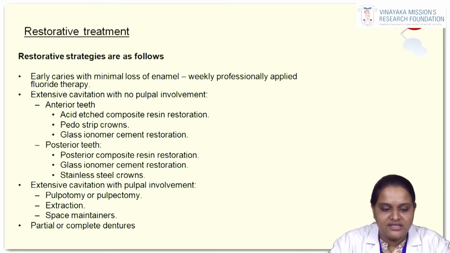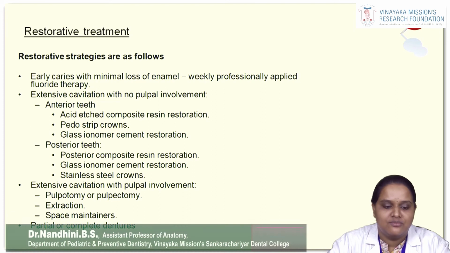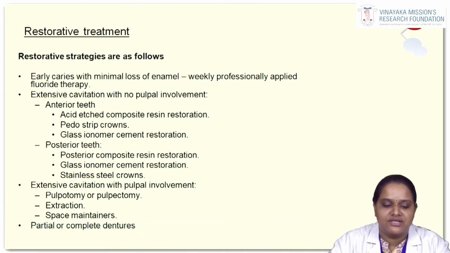For anterior teeth, usually an acid-etched composite resin restoration is used. Pedo strip crowns can be used to retain the morphology of the original tooth structure. Glass ionomer cement restoration can be used because it's very biocompatible and it adheres to the tooth as much as possible. For the posterior teeth, it's posterior composite resin restoration,